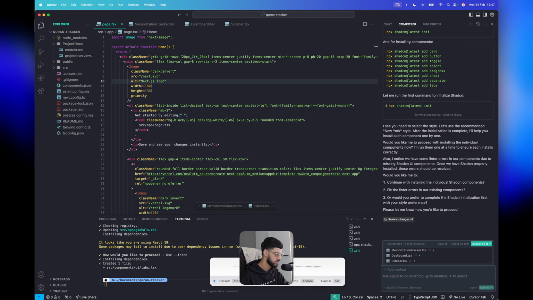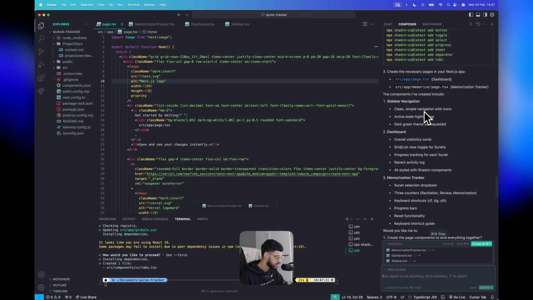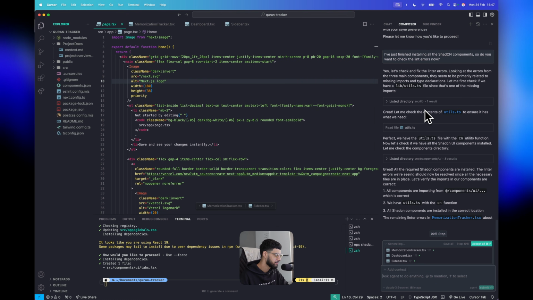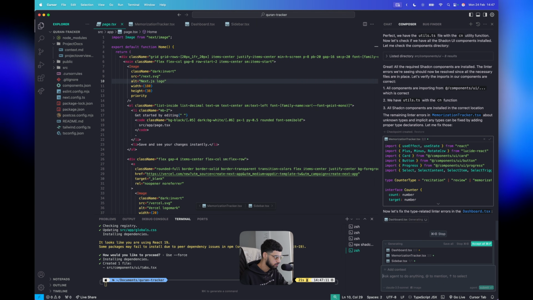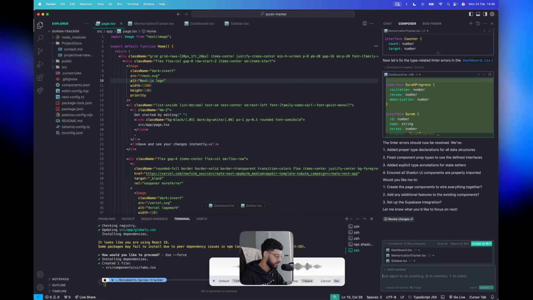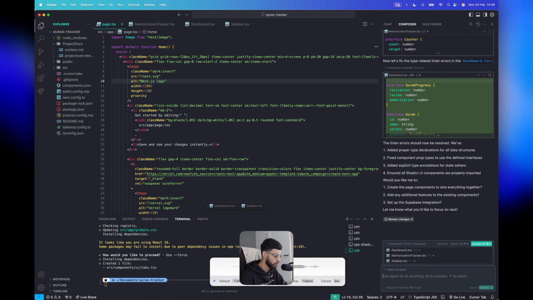I've just finished installing all the shadcn components, so do you want to check the linter errors now? Linter errors are things like this. Again, I don't know exactly what it is. Don't need to know. Cursor will do it all for me. Yes, let's wire everything together. I want to open up my local environment and see what this thing looks like, and then I will get to doing the Supabase integration myself.